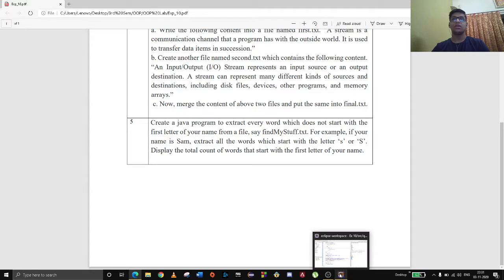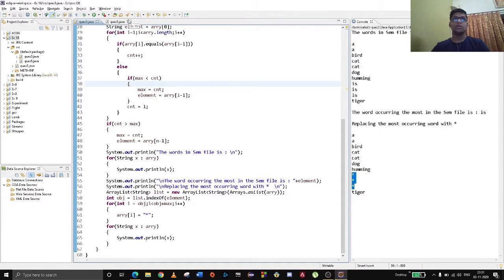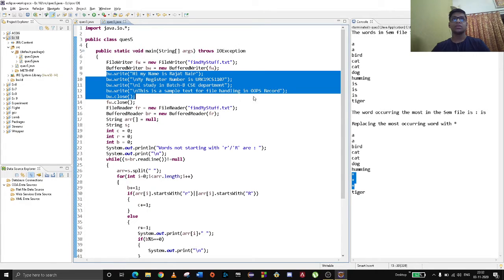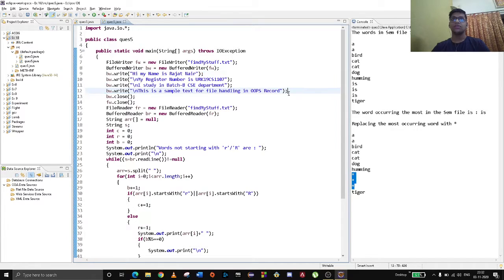In this code I've created a file writer and buffer writer, given some statements in the file and then read it. I've created the text file findmystuff.txt.